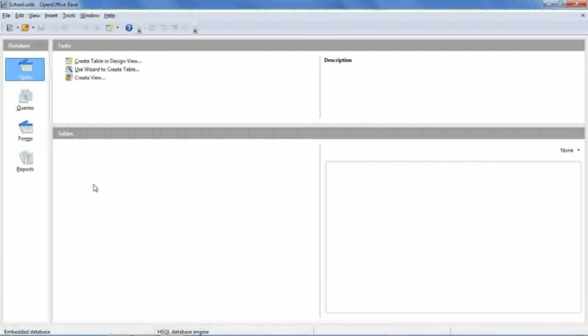So simply you can use create table in design view right now. As I said, the table wizard you should not use right now. Whenever you learn how to create a table and you know all the aspects of the database table, then you can use the wizard. Otherwise, sometimes you may get stuck in some steps and you will get an error. So rather than use that, use create table in design view.